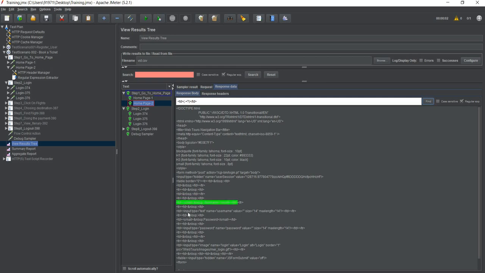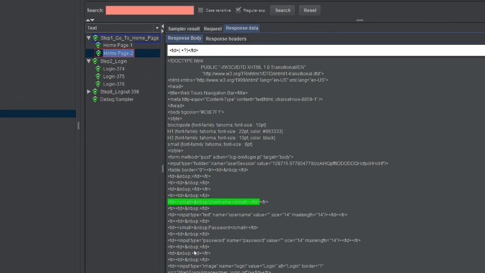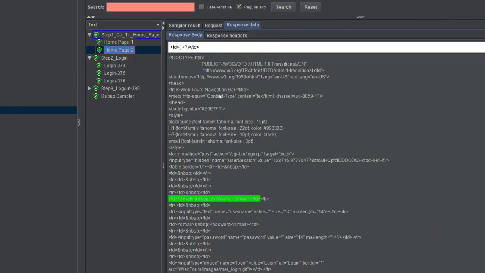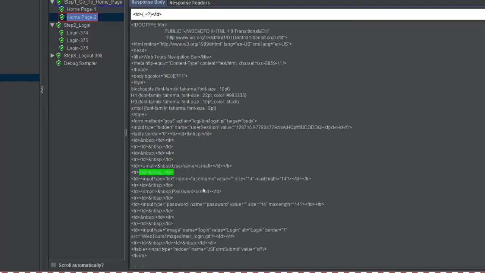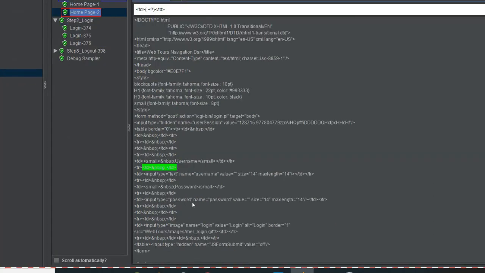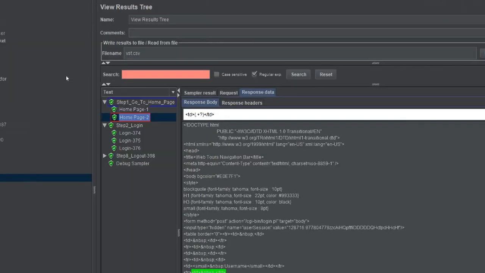The sixth value is something which starts with small. If you see over here, this is the value above the green part which starts with small, and this is the only value which starts with small and has the username. The second value which starts with small is the password. So this is the sixth value, and the password one is the 7th, 8th, 9th value. Why we are discussing it, we will understand in a minute.